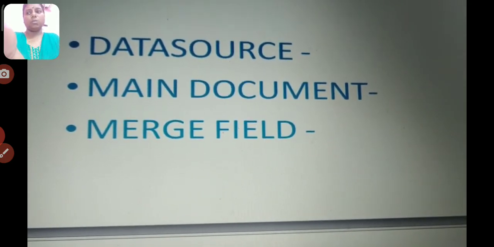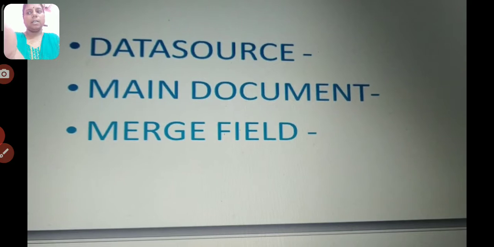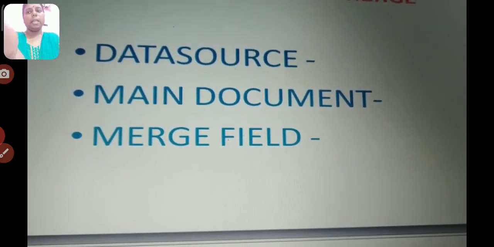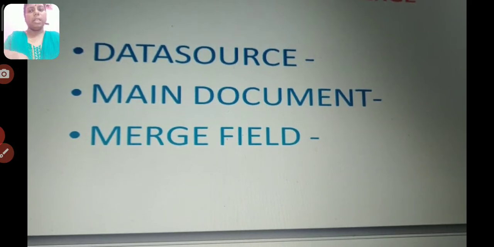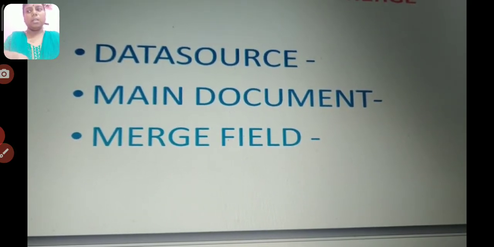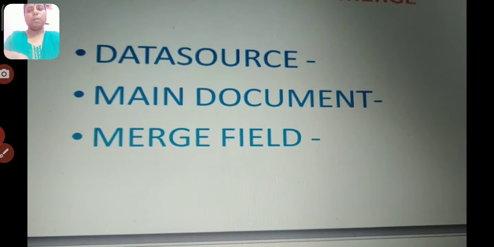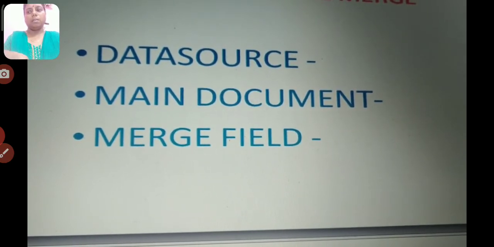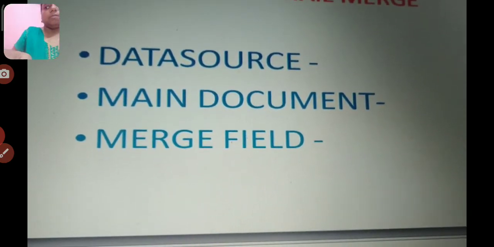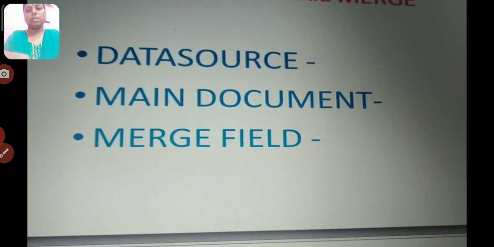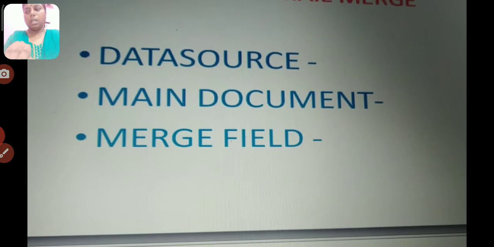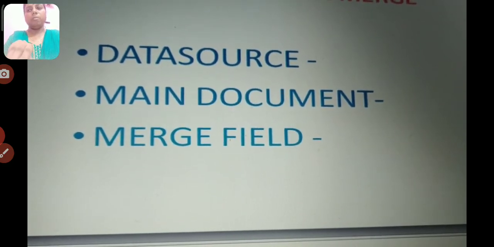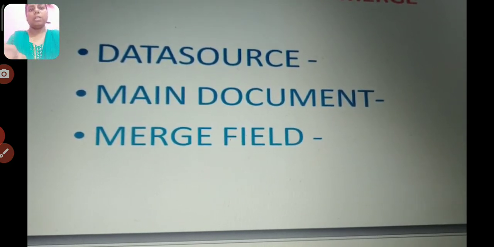What is data source? Data source is a table form, making a list of addresses. What are the titles? We can give them as is convenient for us. Here we are making a tabular form, a table with the addresses, whichever are needed: name, address, city, pin, telephone number. On page number 20 you are given the table form that is known as data source.